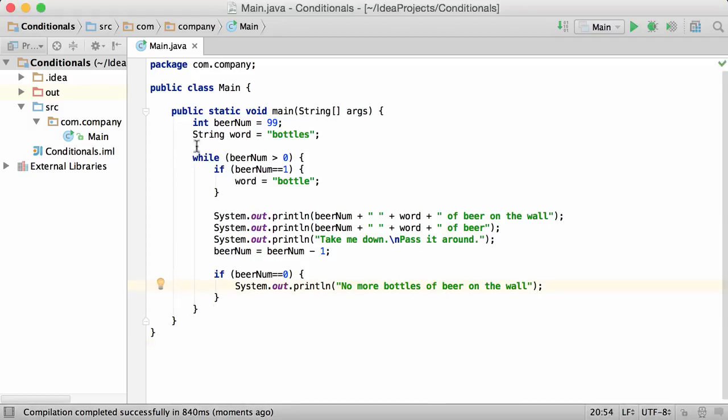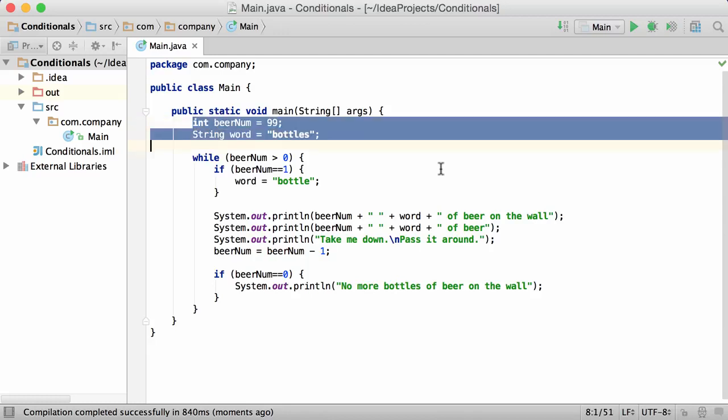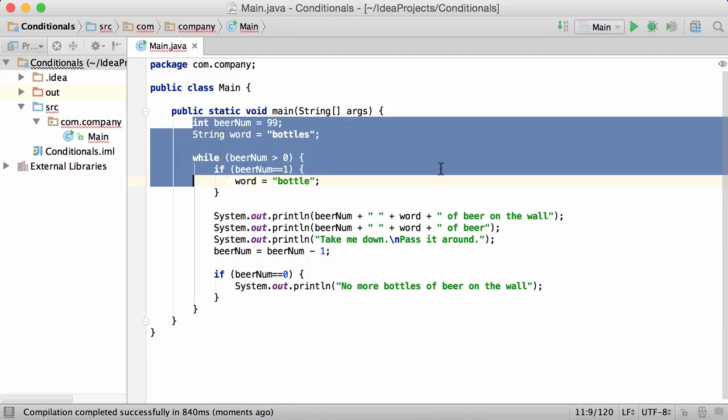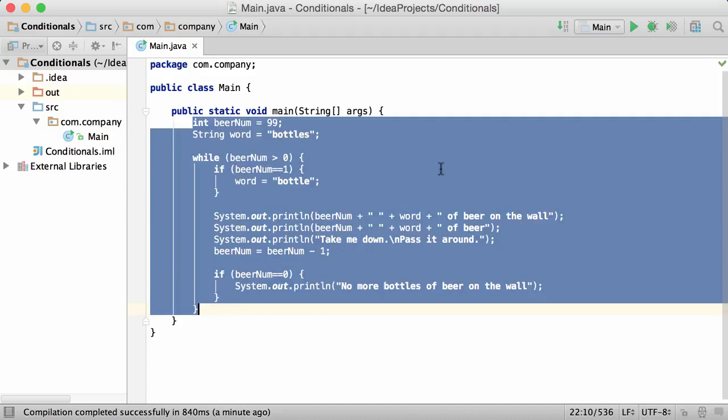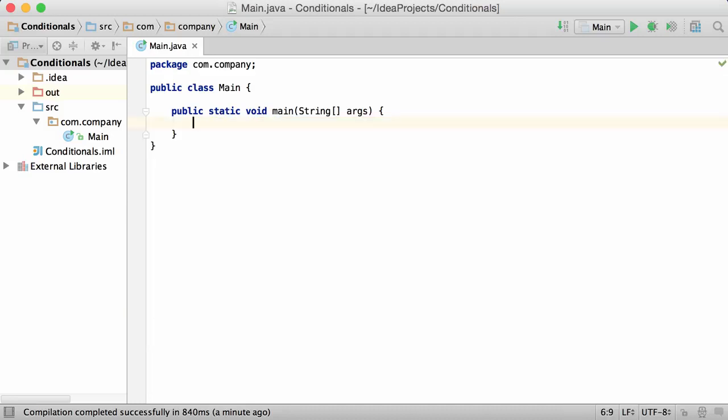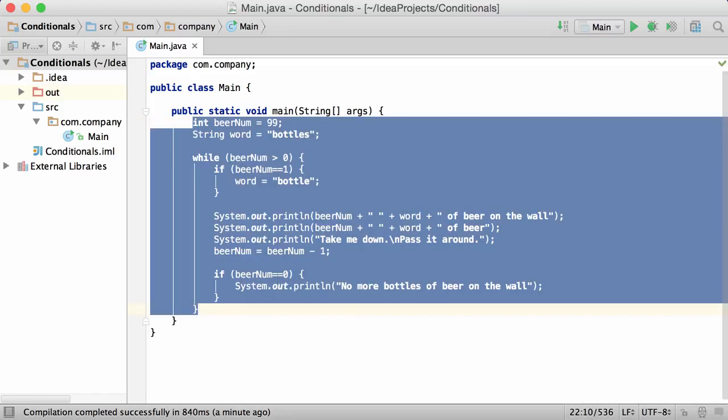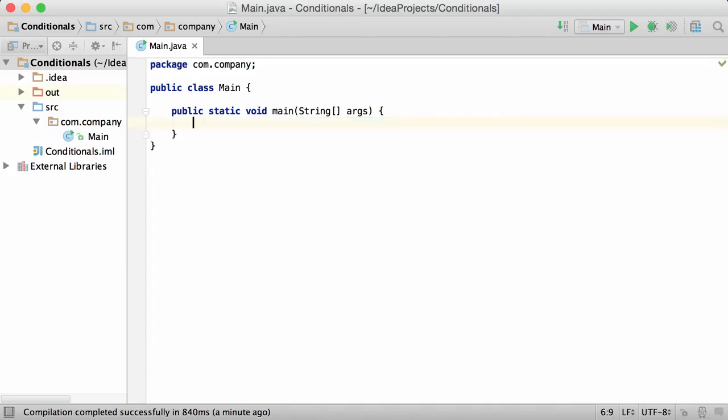So if we just remove, like, oops, still getting used to the keyboard shortcuts. I'm used to using Windows for IntelliJ when I'm at work, but right now I'm on my Mac. So what we can do is use the ternary operator, I believe it's called. So instead of having all these if statements in here, I'll give you an example. So we have int a, if